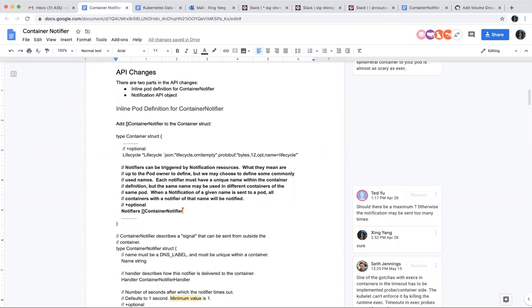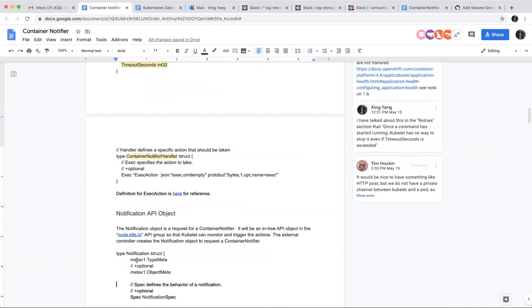So this one is actually something that we need to spend a lot of time discussing, because this is one of the main concerns. How do you define success or failure? So what we have here is the kubelet, right? It's basically watching this notification object, which is sent by an external controller.